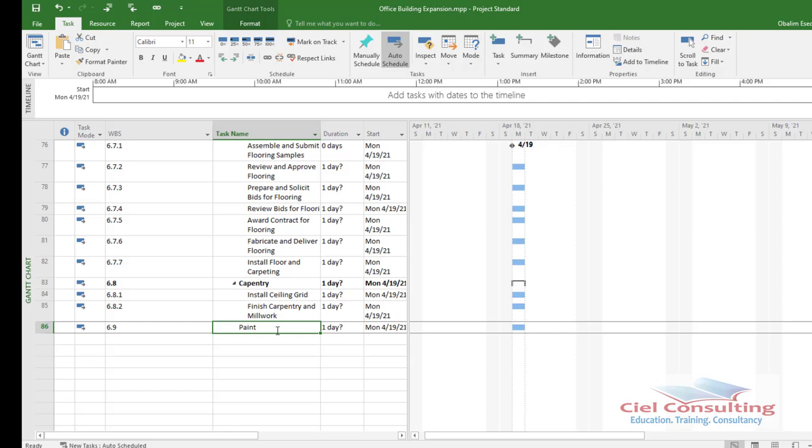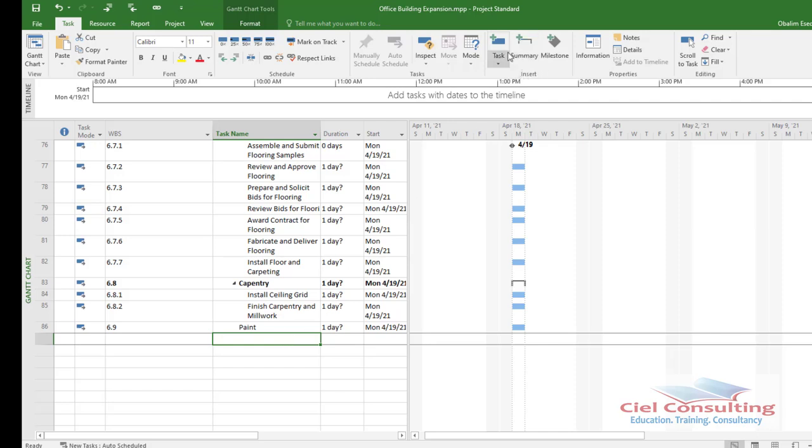So the final one, which is the paint, only has 1 activity. So I go to the one below, and since I have already existing cells here, there will be no need to begin to add tasks now because the cells I have here are all empty. So I simply type in the activity, which is